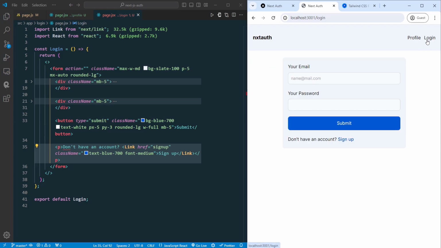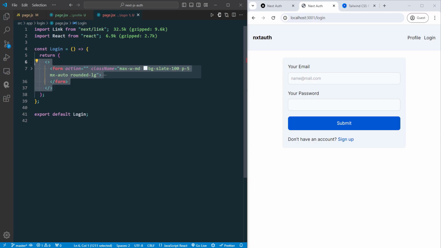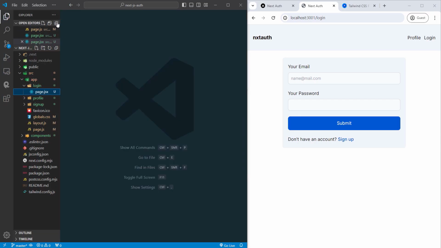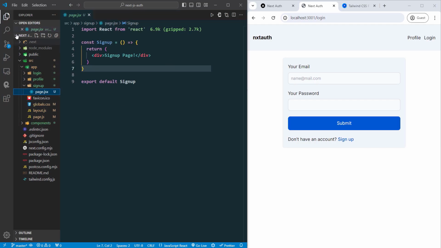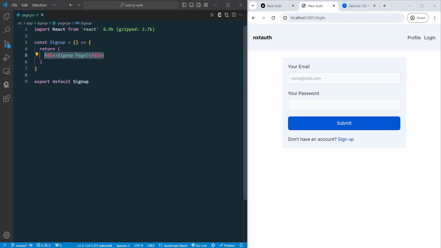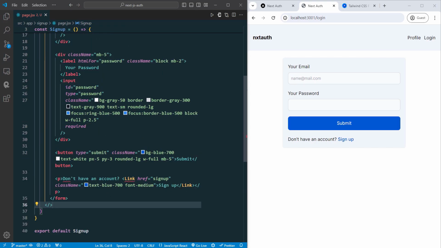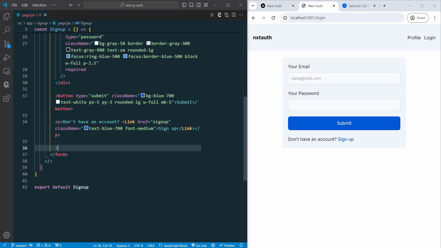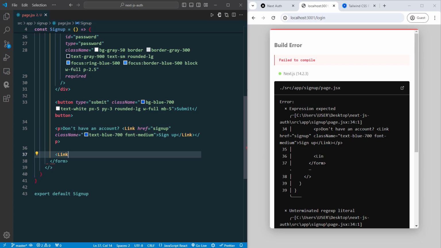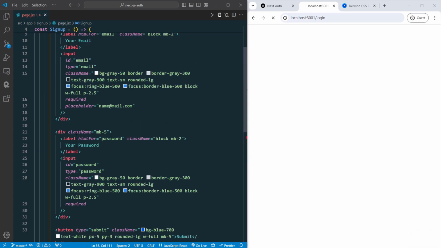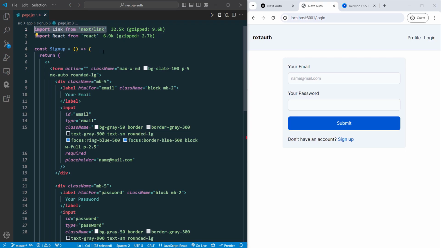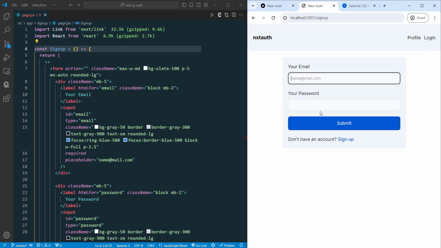As our sign up page and the login page are similar, I'm just going to copy this, including the React fragment. Close all the pages. Let's go to our sign up page and just paste it here. We need to import the link. Let's just write, and we can just import it like this. And here we can see that it's imported. So let's go to the create an account page. So this is the create an account page,